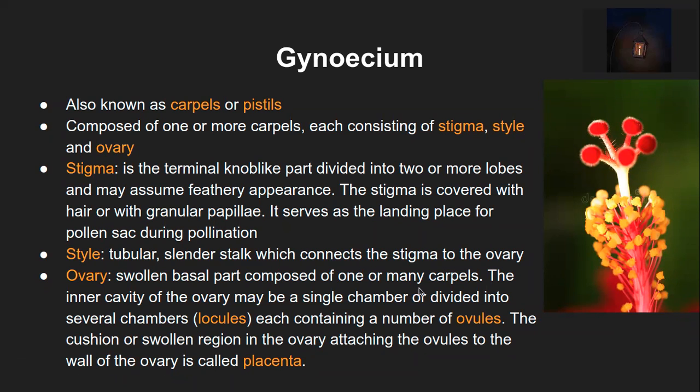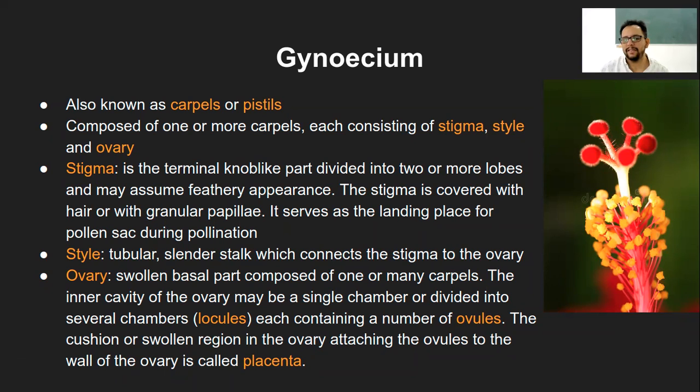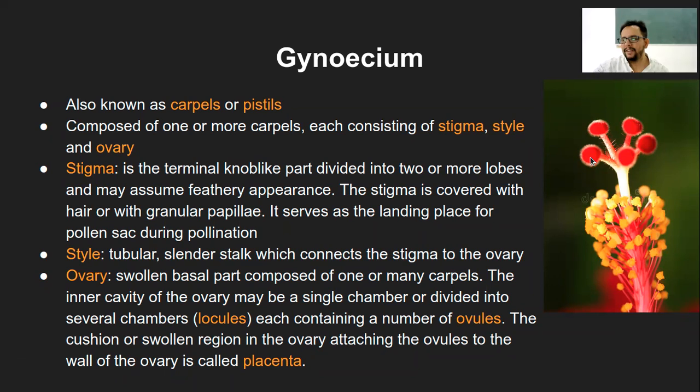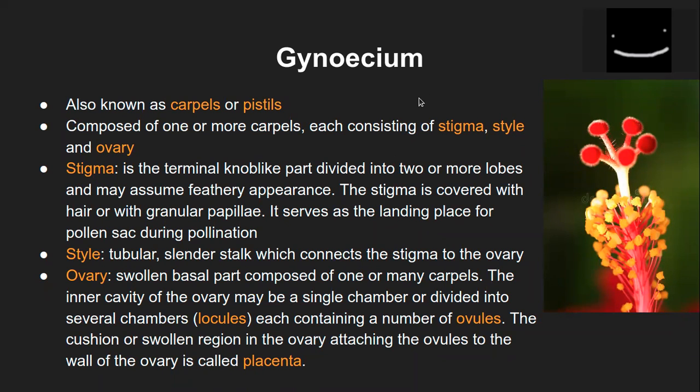Wait, what was carpel? I forgot. Carpel is the singular form, comprising the style, stigma and ovary, collectively. Oh, like the whole thing. Yeah. So for example, let's say this is the style, this is the stigma, and the ovary is at the base. This one thing will be called a carpel, and together all of them will be called the gynoecium. Gynoecium is the female reproductive part of the flower.